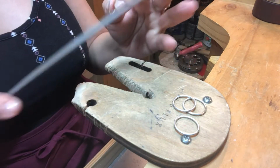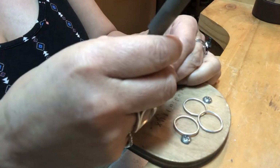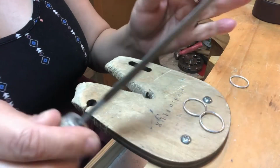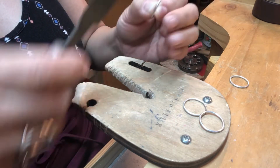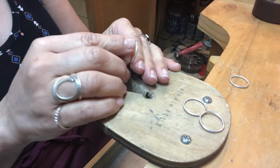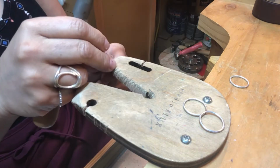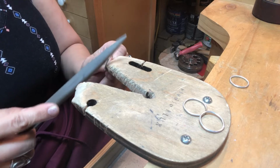So I actually use a half round file for this purpose, and you have control because it doesn't have a foot pedal. You cannot go over. So what I do is I take this half round file, it's a number 2, and you just start filing on that small blob right there. It's about 3 millimeters of blob. I place my ring on my bench, just like so, grab it really hard, and I start